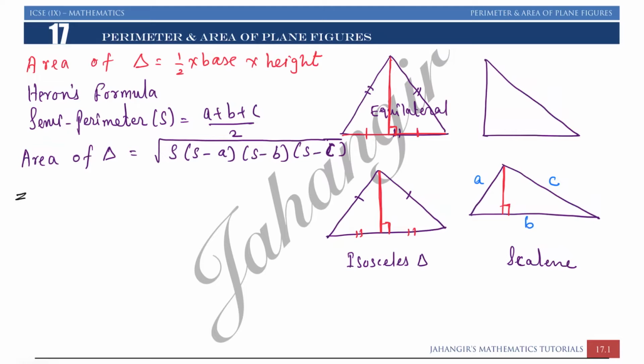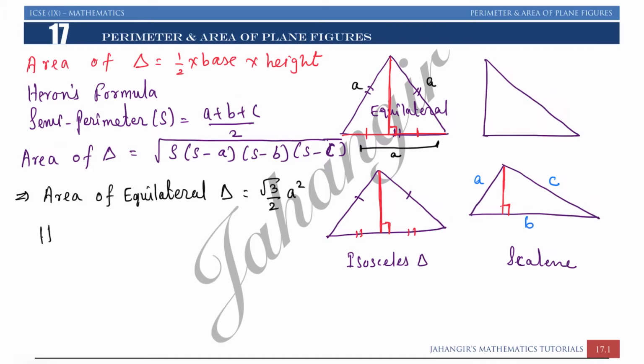Now I will write specific formula for area of equilateral triangle. When we have equilateral triangle, either you can find area by half BH, finding height using Pythagoras theorem, or you can even find by Heron's formula, but those methods will be lengthy. Instead of all that, we can just apply the area of equilateral triangle formula, that is root 3 by 2 into side square, where A is the side. If you see, A is the side of equilateral triangle.